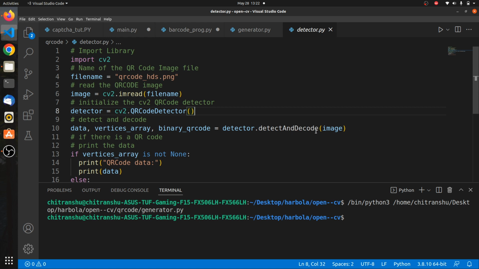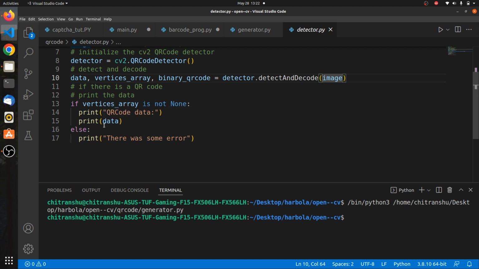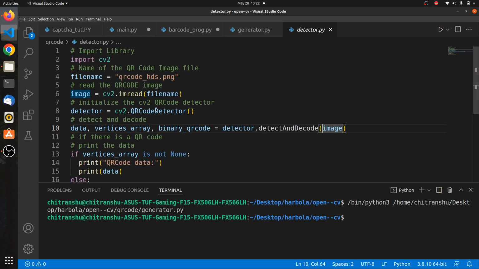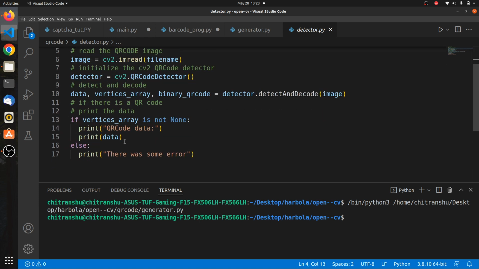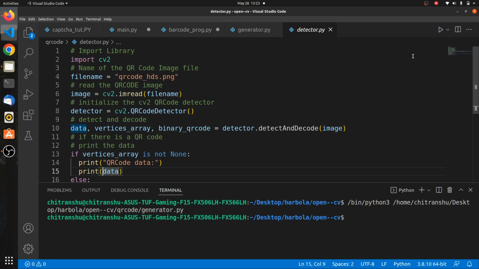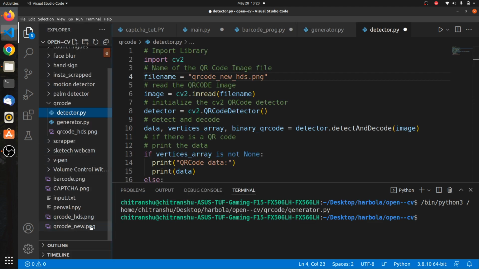and pass the image variable, the image file name that we initialized here, to this path, and print the data which we got from here. Means we are decoding the image file from here and displaying it as data, and that's it. This is how it's working. Let me show you the new one. We created the new QR code, this was qrcode_new.png,